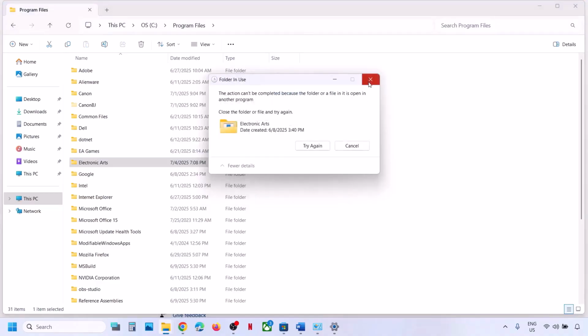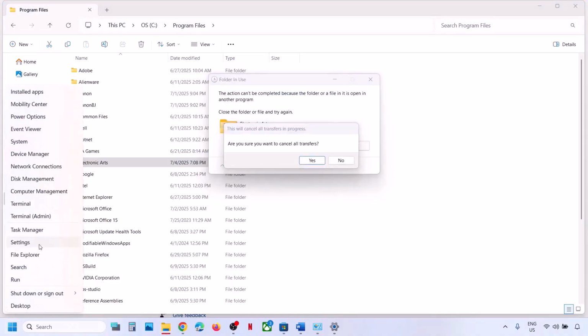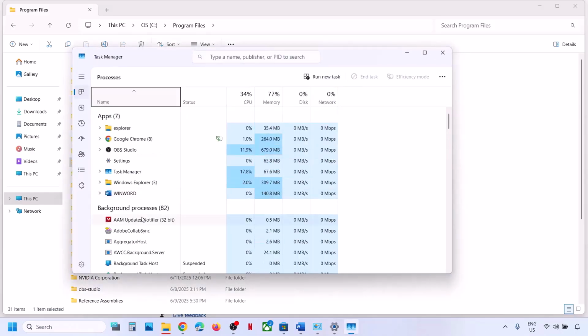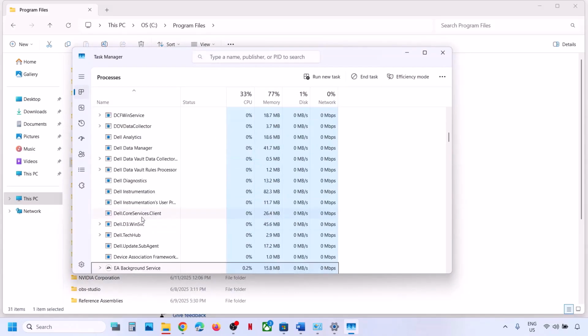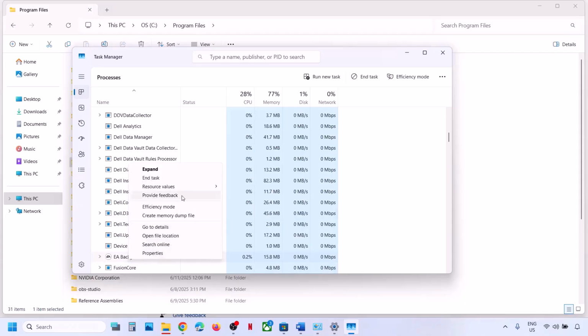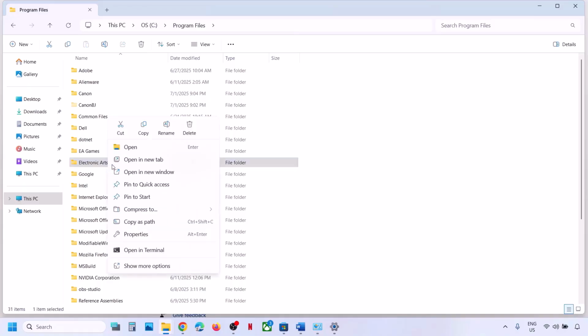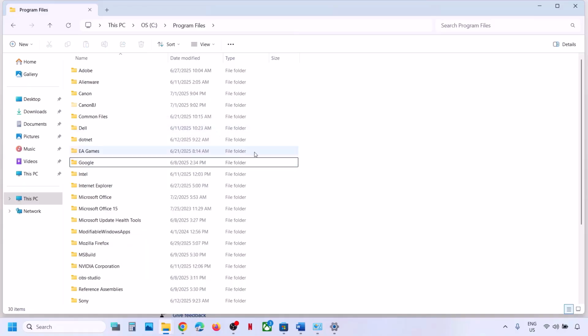If you see the try again option, that means EA app is running somewhere. So you can open Task Manager, or EA services is running. In my case, it is EA background and task, and you can delete this EA app. Once deleted, do not delete this EA games. Okay, now